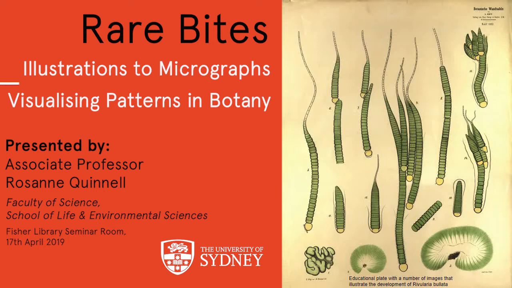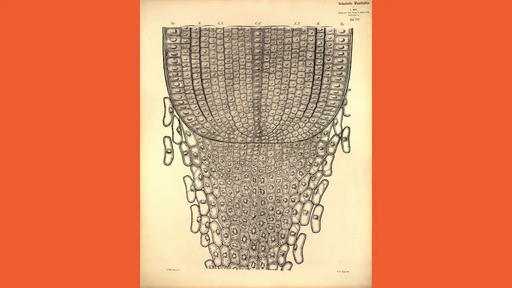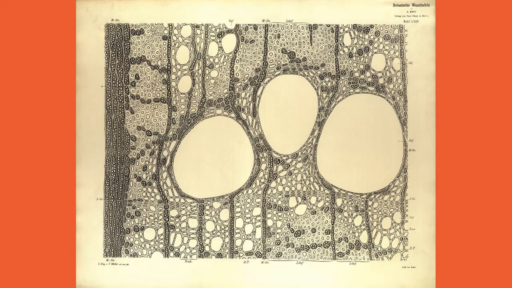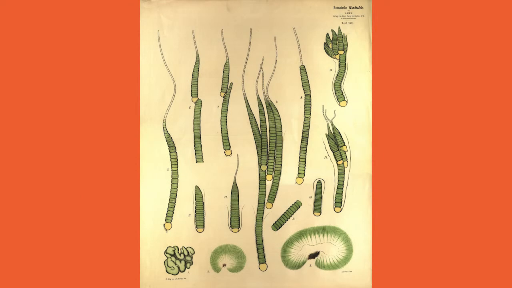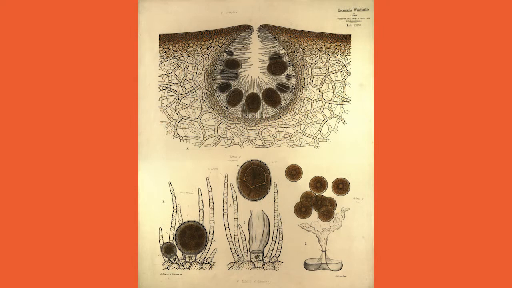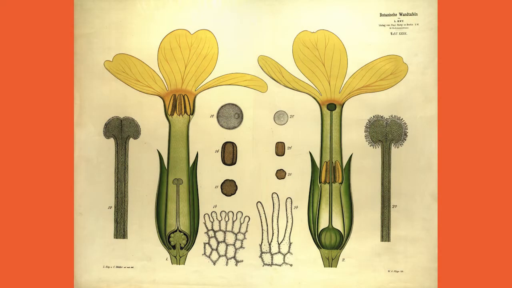So the title of this talk is Illustrations to Micrographs. When you communicate anything in science, you can use words. Words are great, but other times illustration is really, really important. And when you find illustrations of the quality of these, which have value not only biologically but also historically, they're such a joy to work with, and it means that you can include narratives with your students, not just about the biology, but also about the people and the history of biological observation.